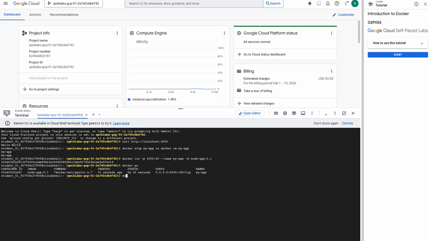So docker logs and provide your container id, and there are no logs currently. Okay, this is how it works. Okay, now